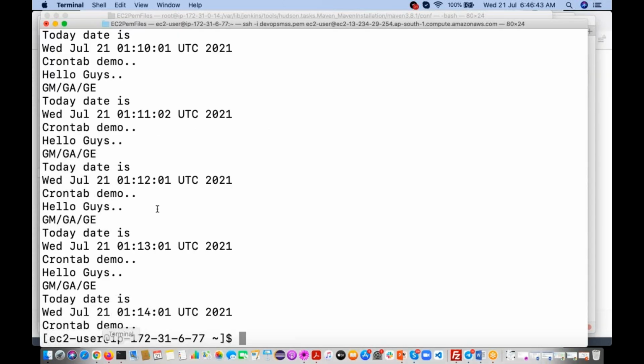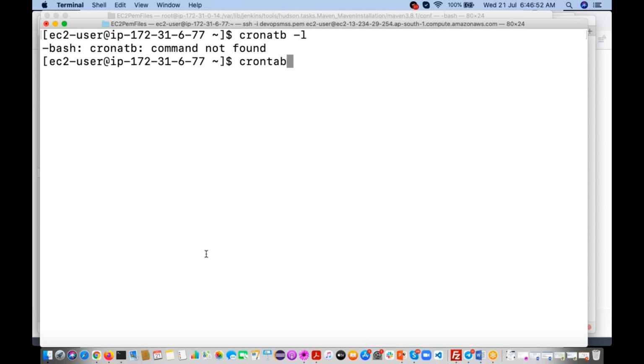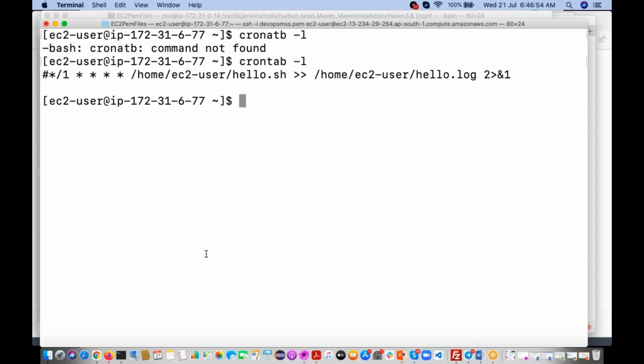Okay, so now I want to delete this cron table. If you want to see the cron tabs, we are going to use crontab -l. So if you want to delete it,